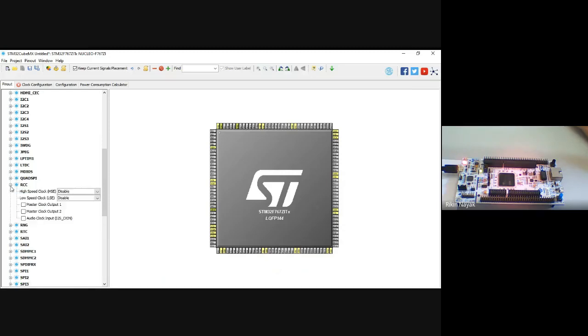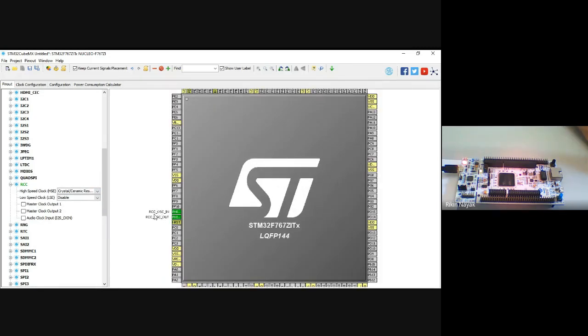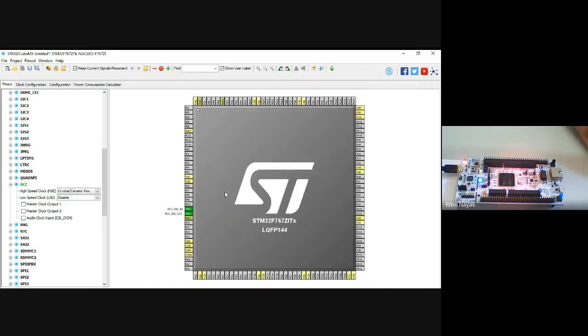For that, in this RCC pin, for the high speed clock you have to select crystal, right? So now you can see oscillator in and oscillator out are configured, and next you have to configure your particular pin.